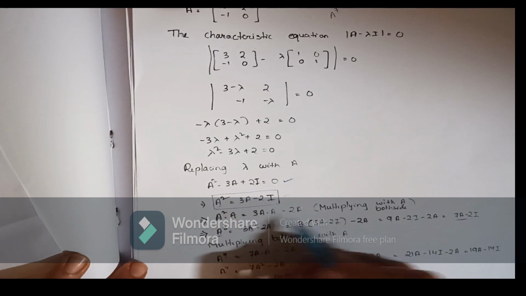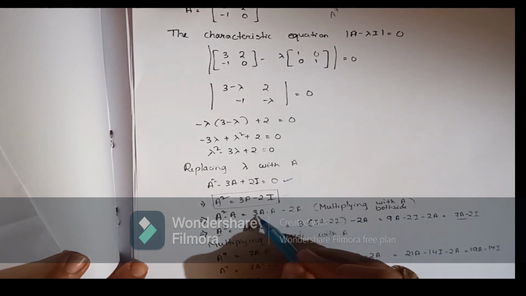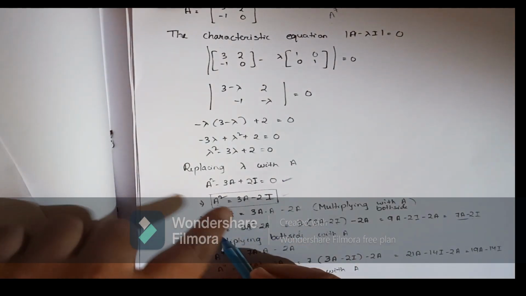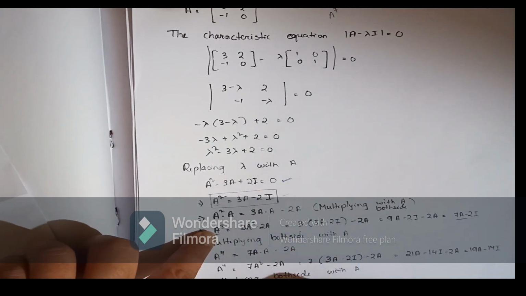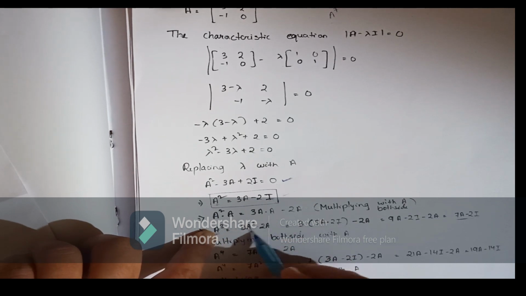So now we can multiply A on both sides. Look, this side I got A cube, and this side I got 3A square minus 2A. Look, this was A square, now this is A cube, and I have to multiply A again and again till I am getting A to the power 7. Now what about the right hand side?